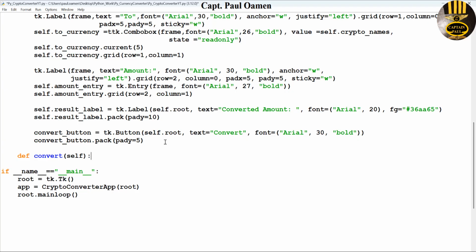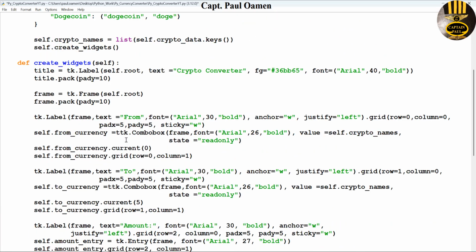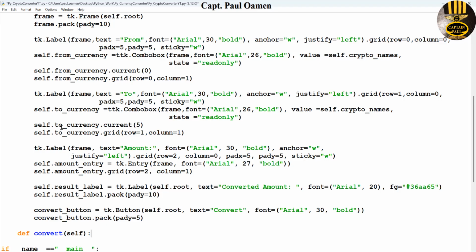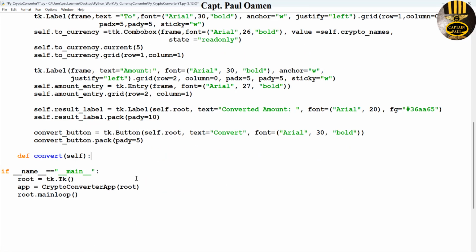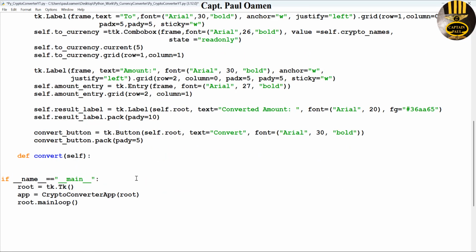Okay, now let's create two variables, one for the from and the other one for the tool. So underneath here, I'm going to say from underscore current underscore name, and that is going to be equals self dot